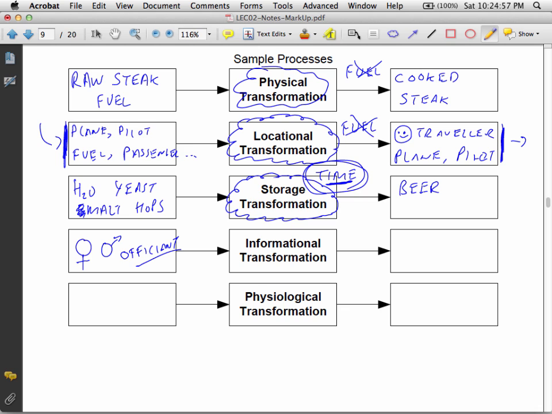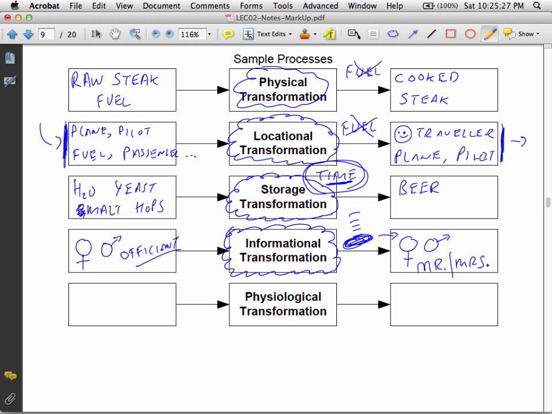And at the end of it, we still had a female and a male, but now they were married. So we've just changed the information, we've changed the data. So that's one example dealing with people. These things happen all the time dealing with numbers. So you take a stack of numbers, add them up at the end. This process creates new information.